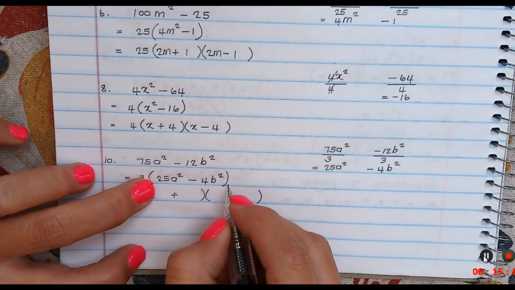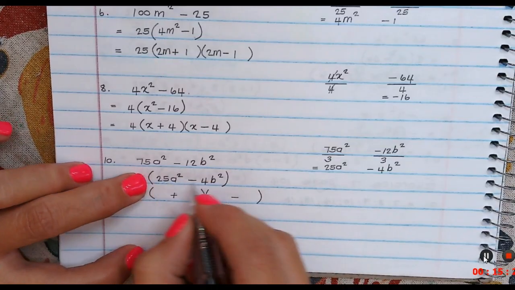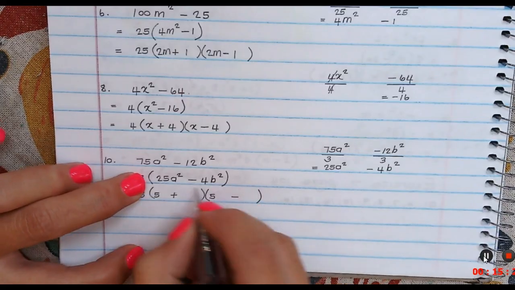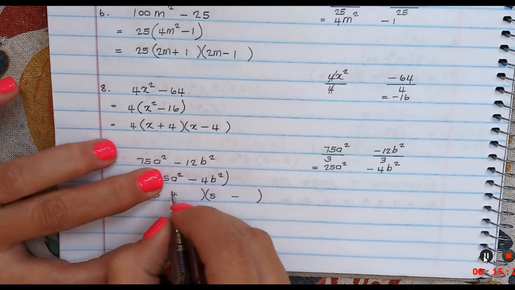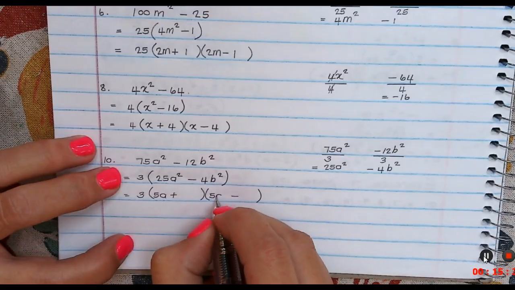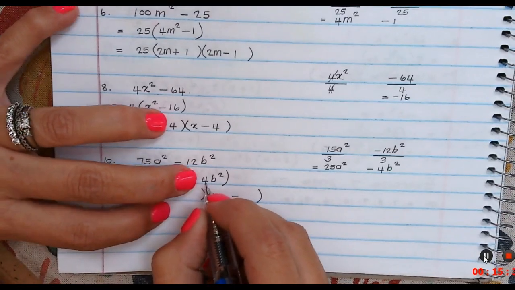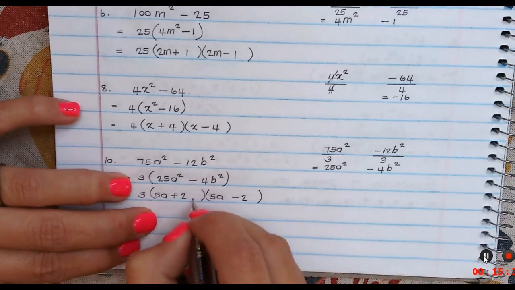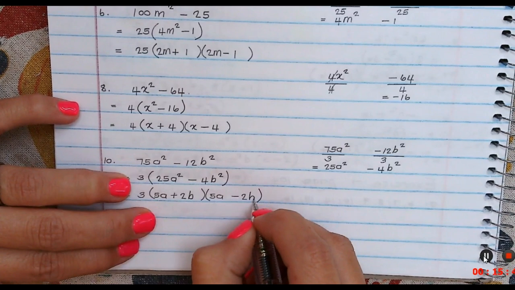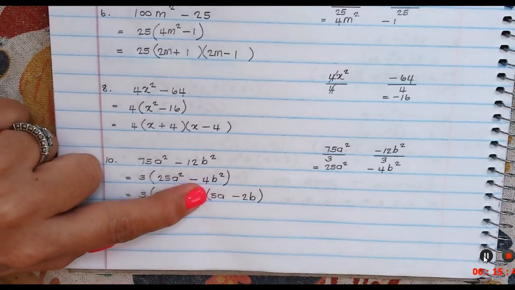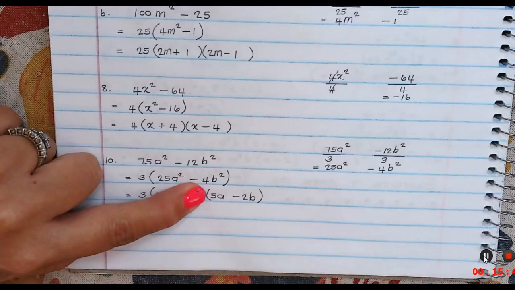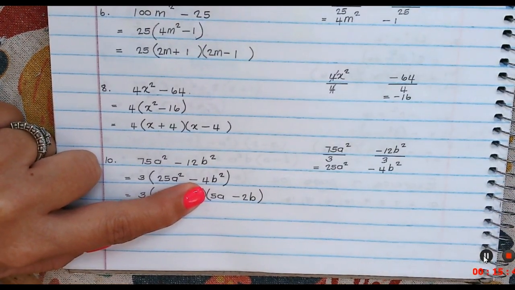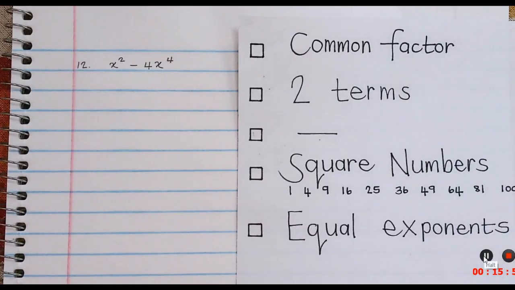Now please take this from the one side to the other side. So I'm going to start with 25, which is 5 times 5. A squared, A times A. 4, 2 times 2. B squared, B times B. Please look again at the last bracket. Neither 5 or 2 are square numbers, so therefore this one is also done.